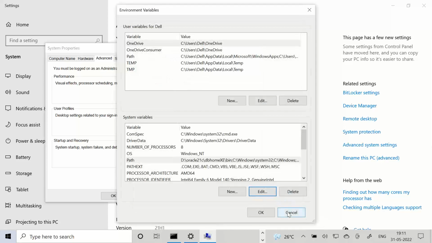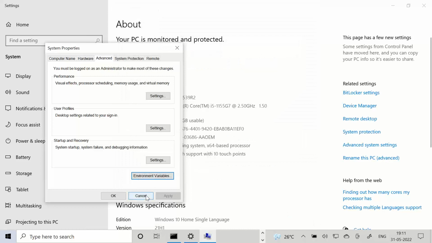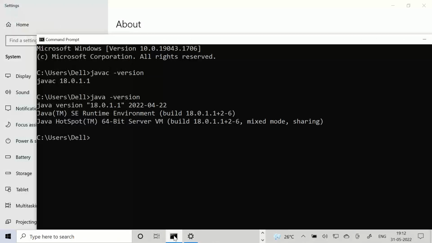I'm cancelling all. I just showed the procedure. Now this path will be visible even after restarting the system. Tomorrow, day after, next year, you don't require to set a path. We set a path permanently, which will be available for every session.